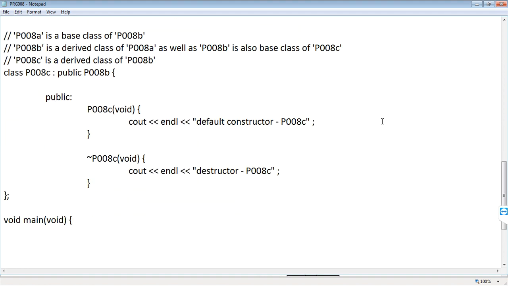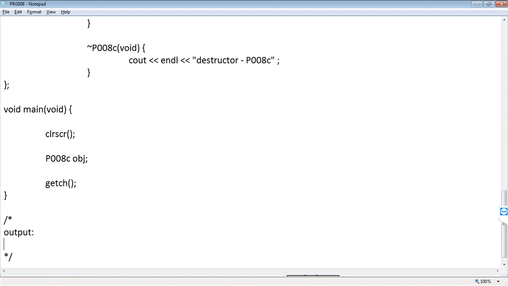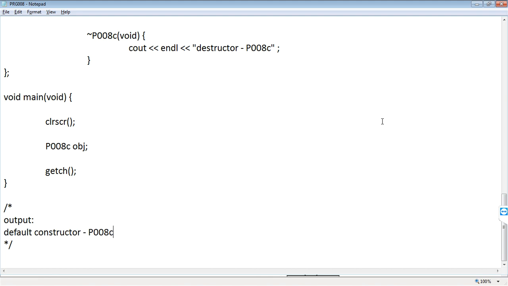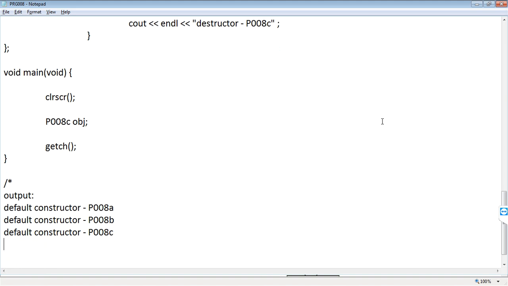Now the output is, see here, the output should become 8A, 8B and 8C. First in, last out. So this is the formula of single inheritance.